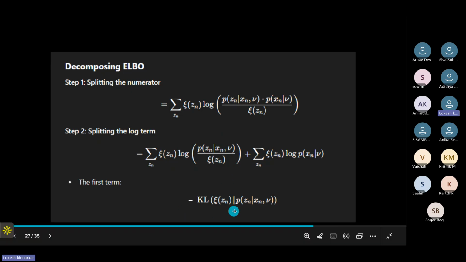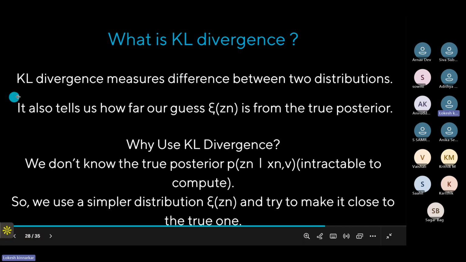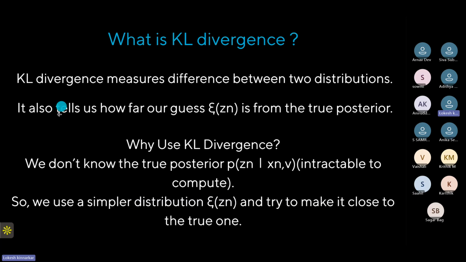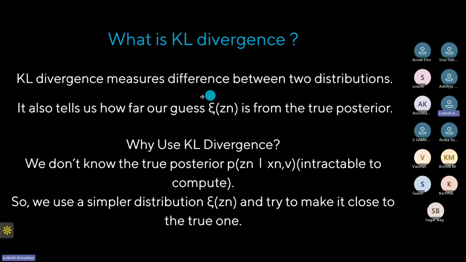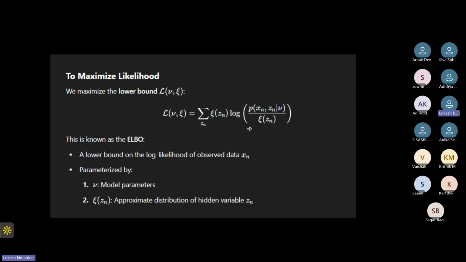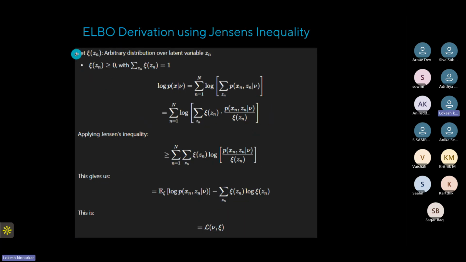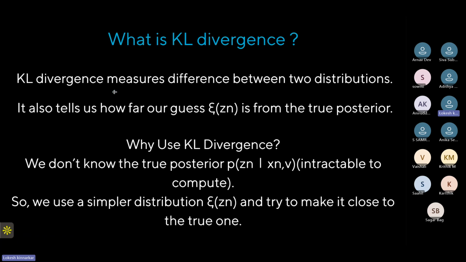So we would try to minimize this KL divergence. So what is this KL divergence? KL divergence is essentially measuring the difference between the two distributions. It tells us how far our guess, that is, how far our tractable distribution is from the true posterior, which we can't calculate. So we use KL divergence because we don't know this true posterior, as it is intractable